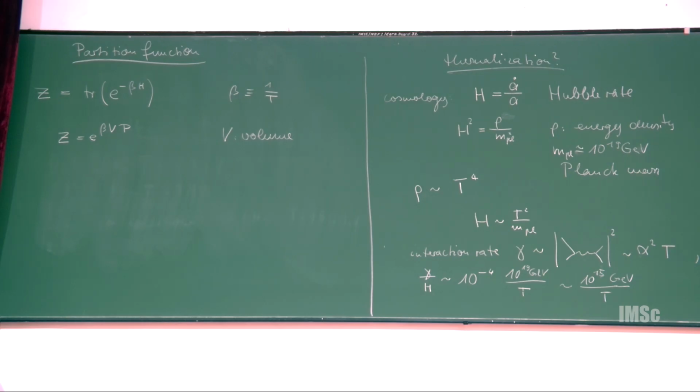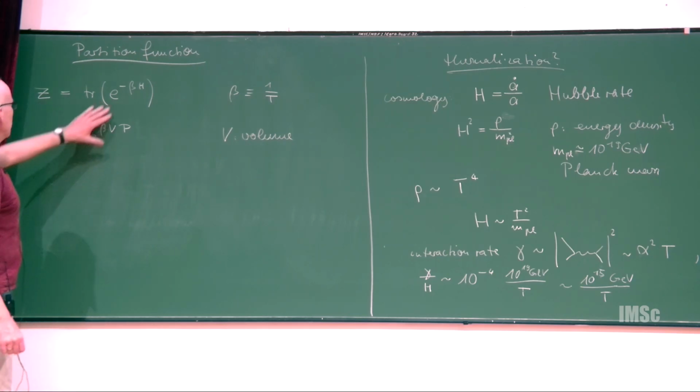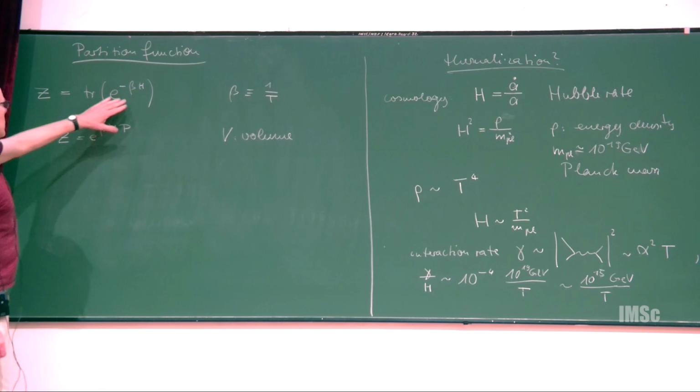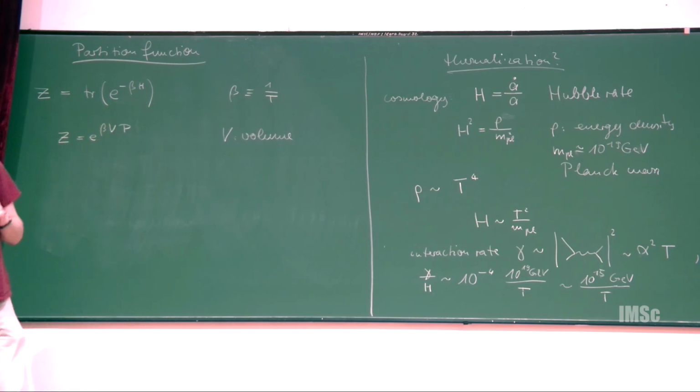Okay, now how do we compute this? We take this statistical operator, and we have to take the trace. Now for the trace we can take any basis in our Hilbert space, and one convenient choice here is to take the field eigenstates. So we take states in which the fields have a given value. Say, for example, if you have electromagnetic fields, then I just give the values of the electric and magnetic field at a given time.